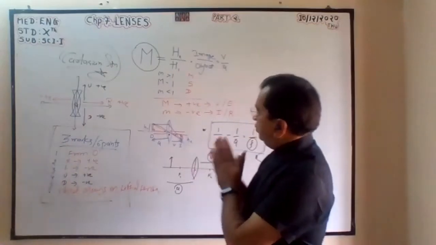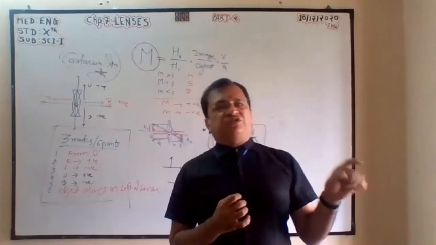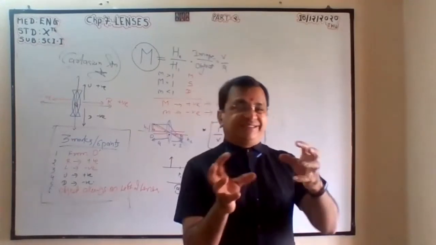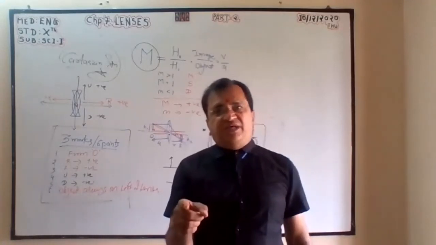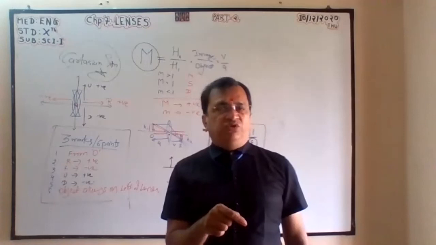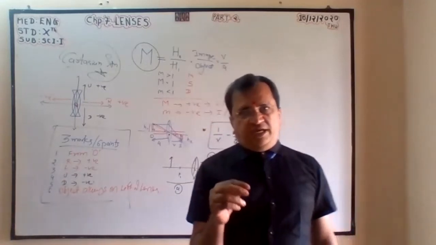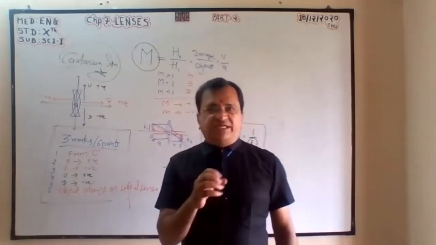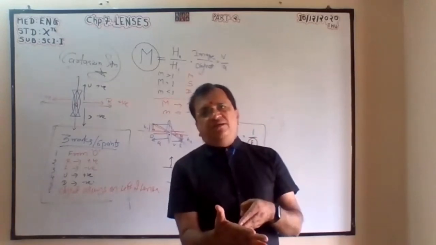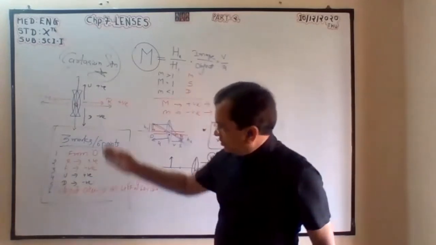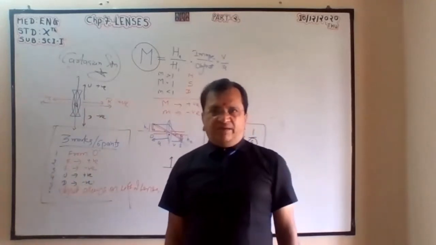Okay, so if you know these 3 formulas, only then can you do the numericals. And in maths questions, whatever numbers they give, you use those same numbers. But in lens numericals, whatever numbers they have given, you can't use them the same way. You have to consider whether it is plus or minus. If 20 is given, in the sum you will write minus 20 or plus 20, according to the position, according to the Cartesian convention, according to the power of the lens. You have to identify that.